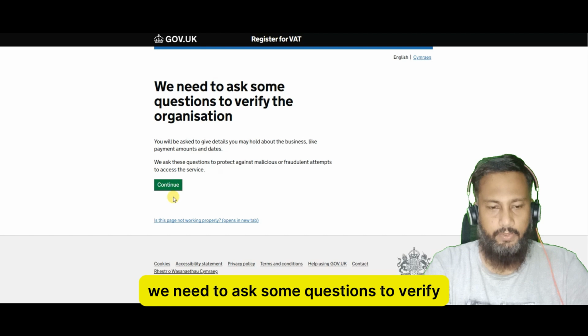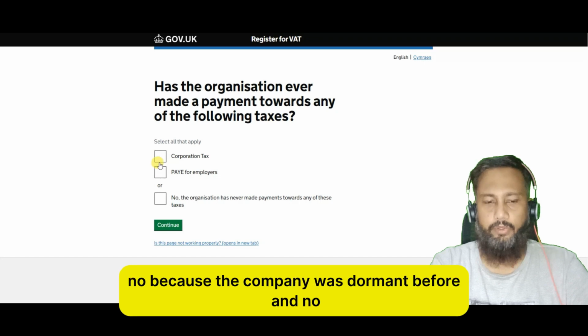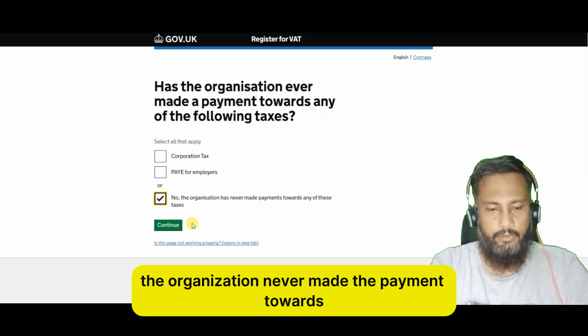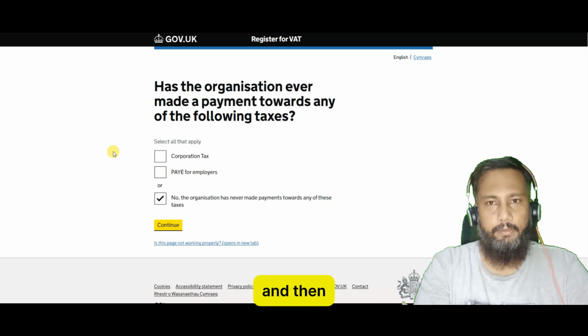We need to answer some questions to verify the organization. Has the organization ever made payment towards any of the following taxes? No, because the company was dormant before. No, the organization never made payments towards any of these taxes. And then